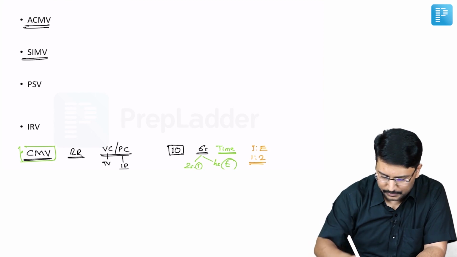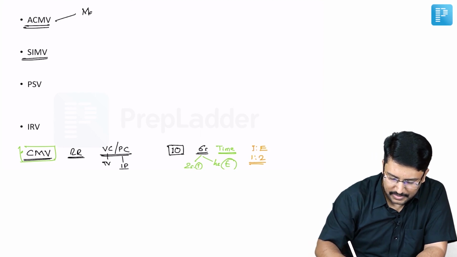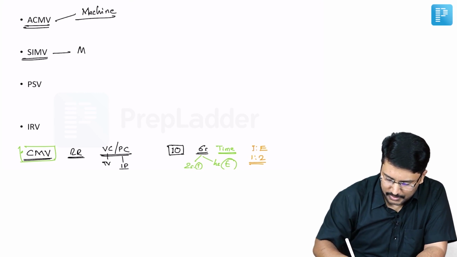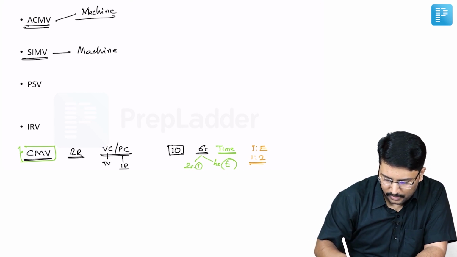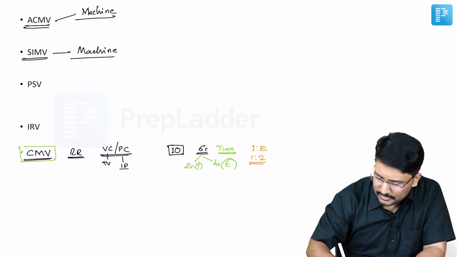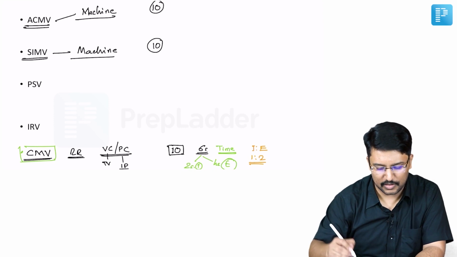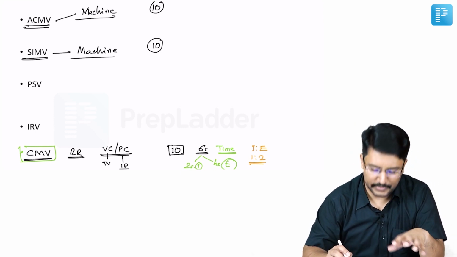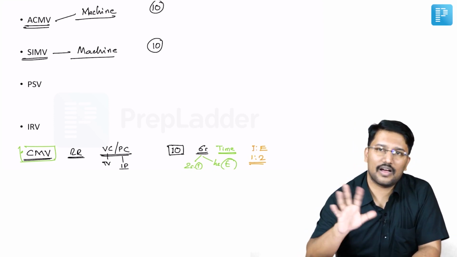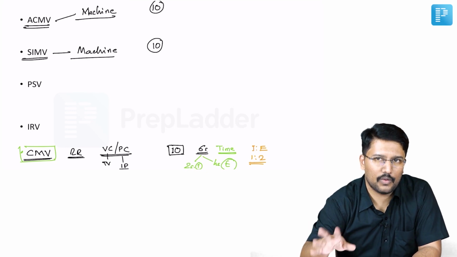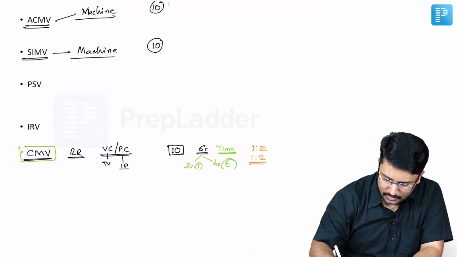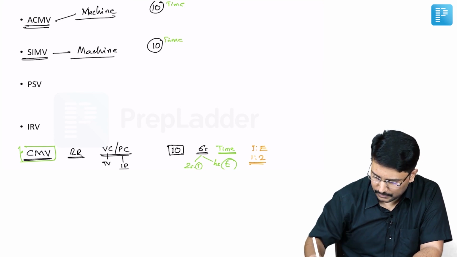So in both of these, machine triggers a fixed number of breaths, right? For the sake of easiness, I am taking this number as 10. So if we have set 10 as machine triggered breaths in both assist control mode as well as SIMV, those 10 breaths are delivered for sure. And the trigger is usually time because the machine is triggering all the breaths. So time is the trigger for this.